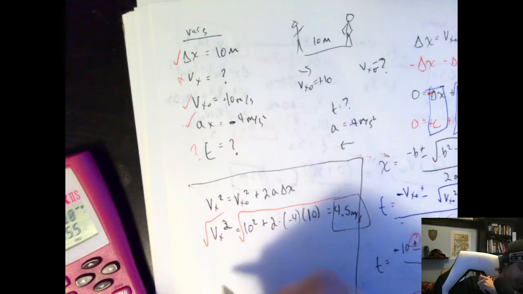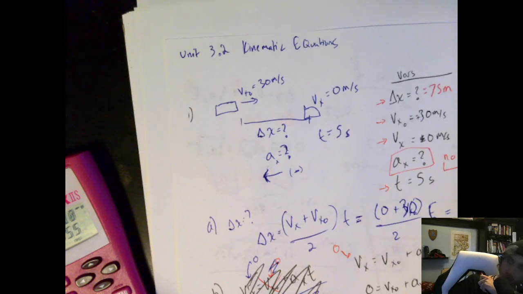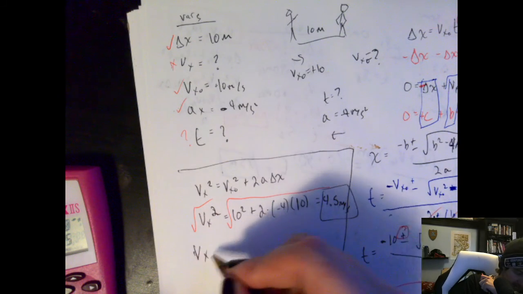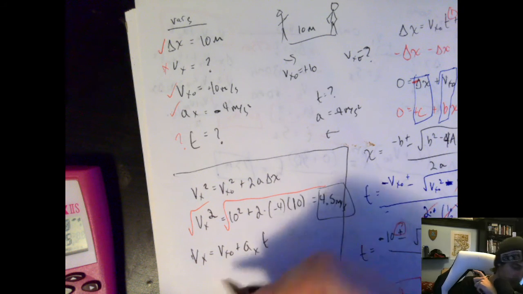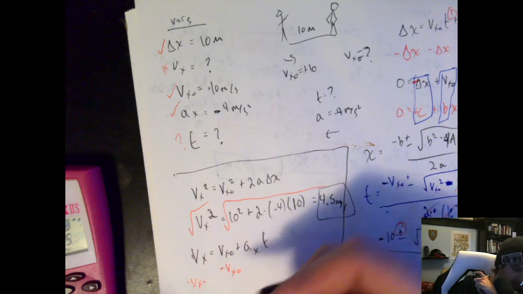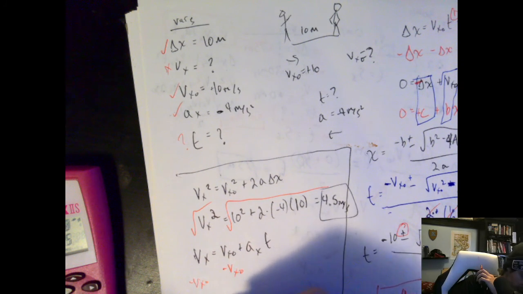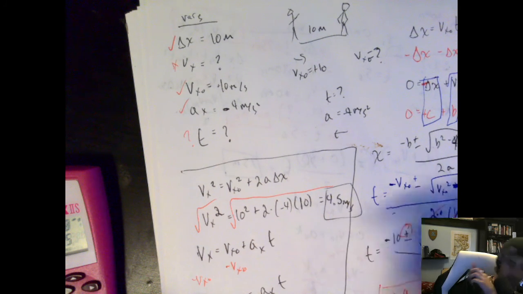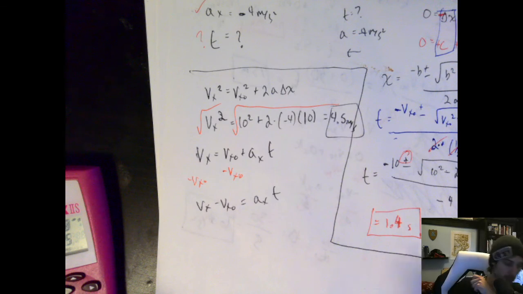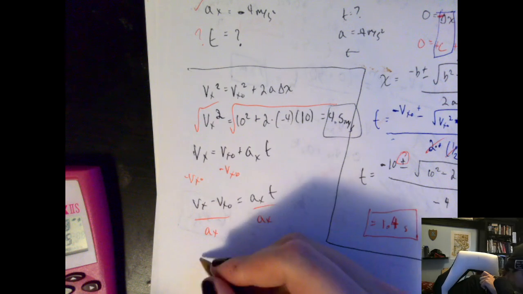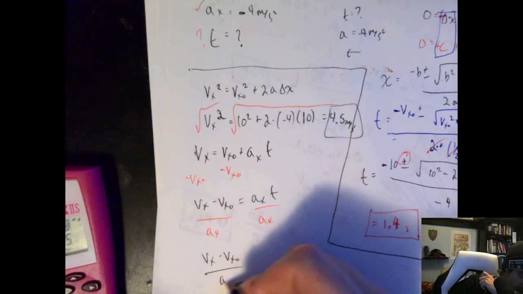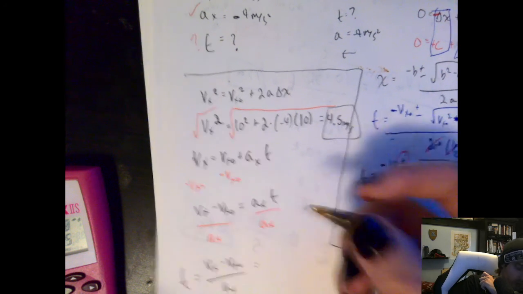What's nice about this is now I can pick an equation that's easier and uses time. Personally, number 1 is the one that tends to always be easiest. So if I do that, we've got Vx equals Vx naught plus Ax times t, and I'm looking for time. Subtract off Vx naught. That'll give us Vx minus Vx naught equals Ax times t. Divide each side by the acceleration. Vx minus Vx naught over Ax equals t, which is